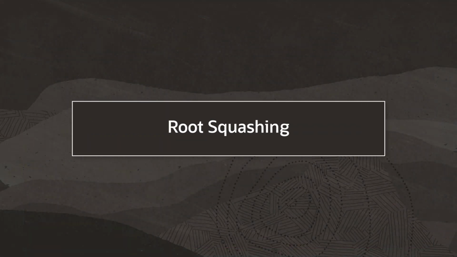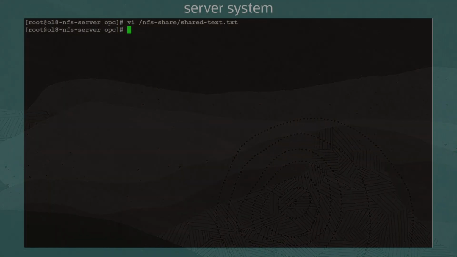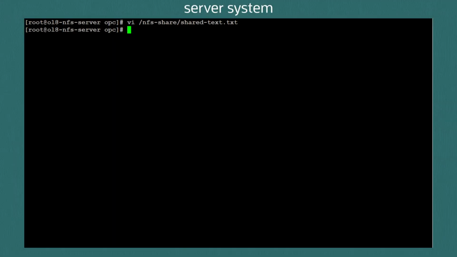Let's demonstrate root squashing. We'll start by opening up the exports file to remind us of what we configured. I'll use vi /etc/exports. When I set up this NFS server, I didn't specify any root squashing options, I just had the RW option listed, which means by default, the root access will be squashed when a client accesses the export as the